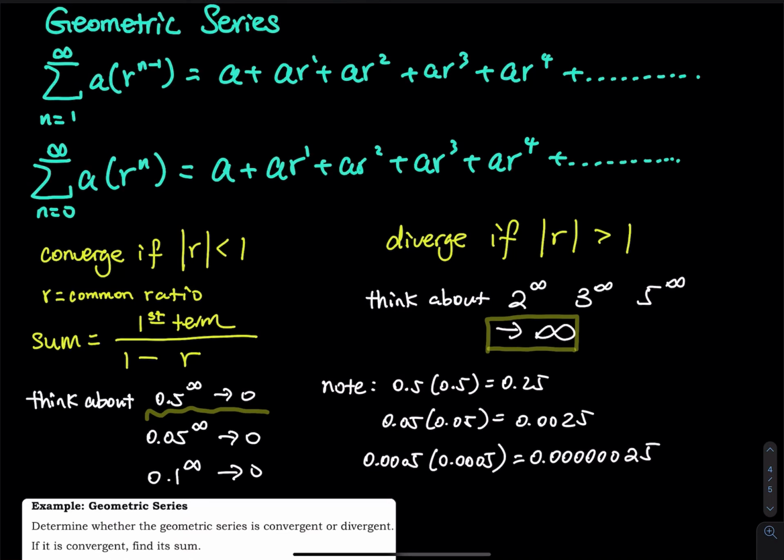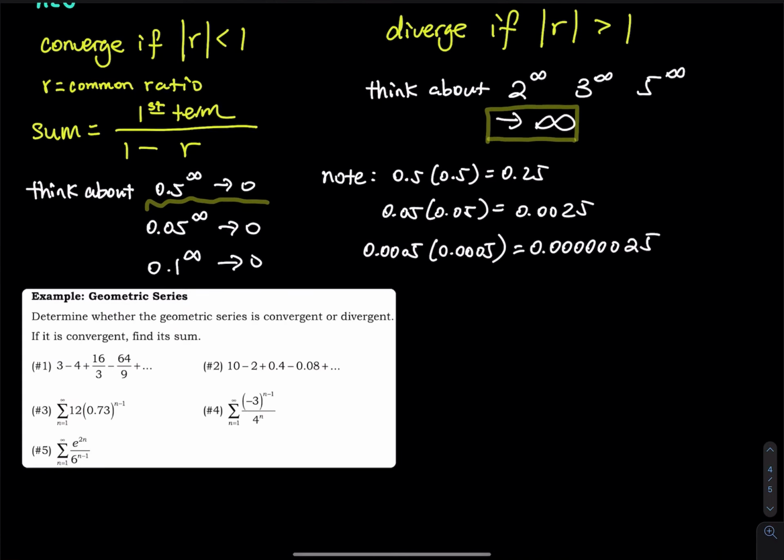Okay, let's do a few exercises. So we have six series. They are geometric. I want you to tell me, are they convergent? Are they divergent? Of course, you do have to show your work. You can't just say it, right? So the first one. So number one,